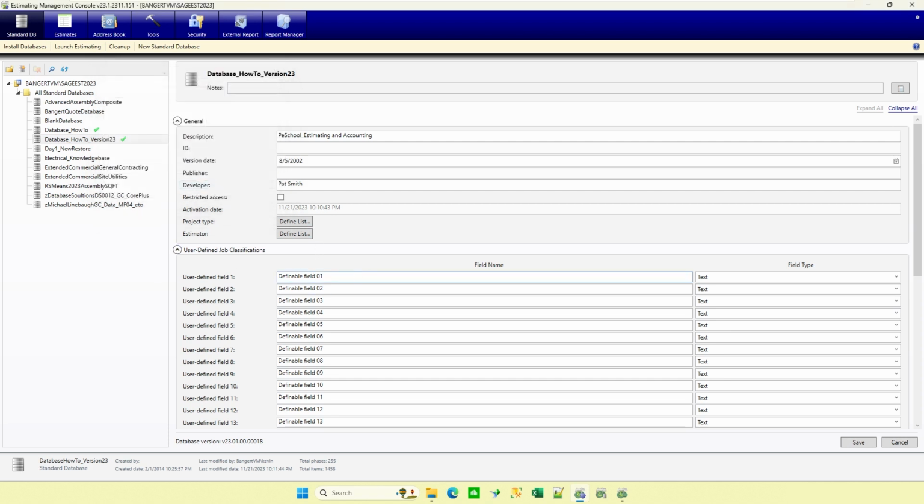So user-defined fields. Some clients may not even have used them, like in this database, I haven't. So they're all just definable fields 1 through 13. These are where you can set up additional fields, again for putting onto a report somewhere. So maybe I could put it on a report to say, this estimate is based on plans dated as of this date. Or maybe when I'm doing reports, I could say, show me all the schools that are within this particular region or this particular zone, or things of that nature. So these are all very powerful when you get into reporting and those types of things.